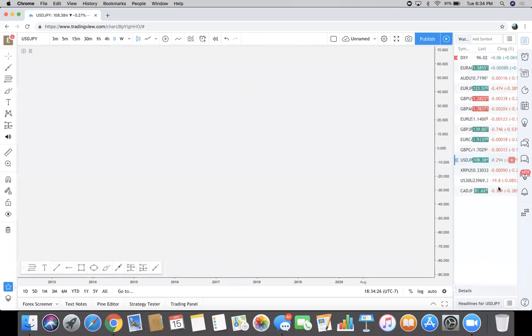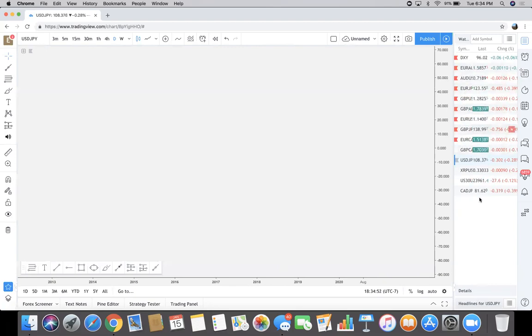I didn't have this one flagged. So I only flag, make a little flag like right there, if I see really good setups, and those are the pairs that I want to focus on. So I'm watching like 10 different pairs or whatever, and whatever's flagged are the pairs that I'm planning on taking trades on. So whenever you see a little flag right here, these are trades that I definitely am looking at to